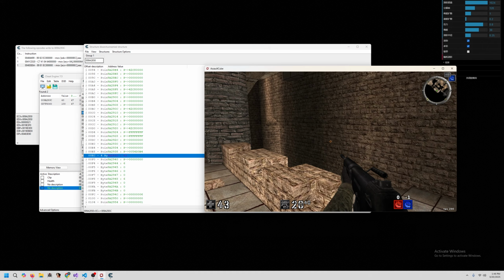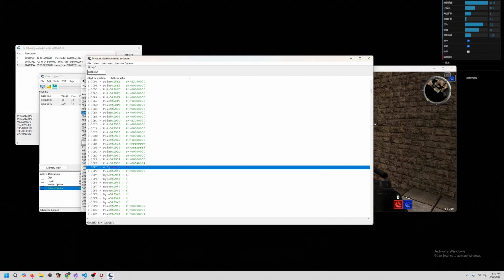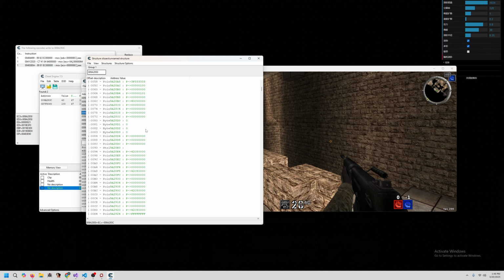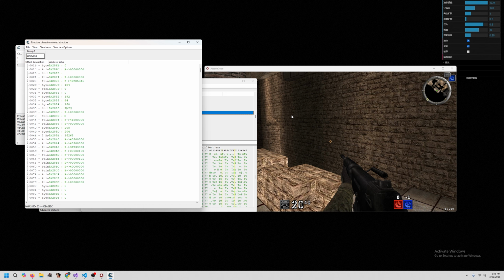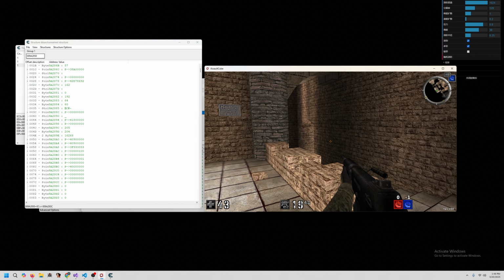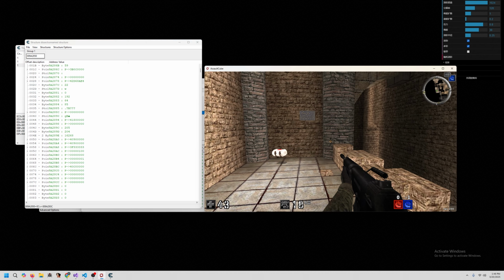Well, let's try finding the player's ammo. As you can see, we know the player's ammo is 20. So we got to try and find 20 somewhere in here. Now you're probably thinking, well, none of these look like 20, right? And it can be hard, especially when it all looks like this. But what we can do is shoot and notice changes, right? So whenever we shoot,